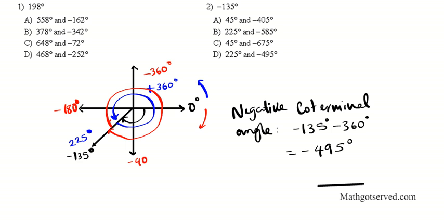So the negative coterminal angle is negative 495 degrees. Okay? So the answer to this is option D. Option D. Alright, now let's try another example. This one involves radian measure, negative 3 pi over 2. So let's go ahead and graph this one first, and then we're going to find the positive and negative coterminal